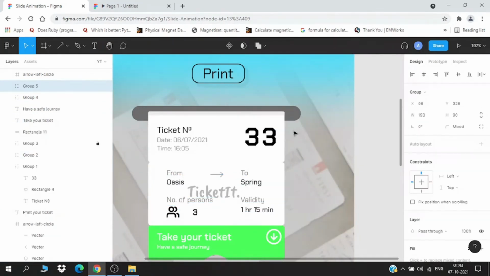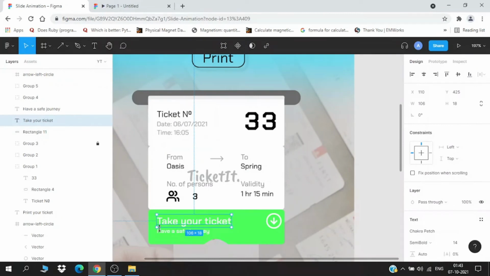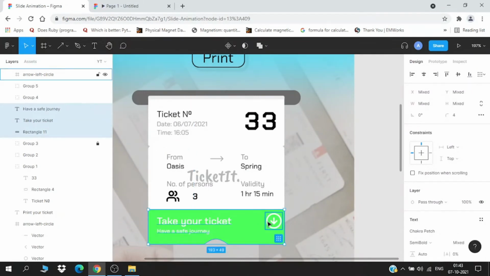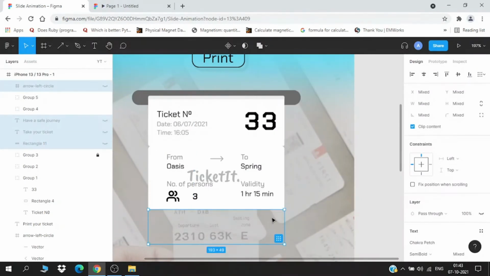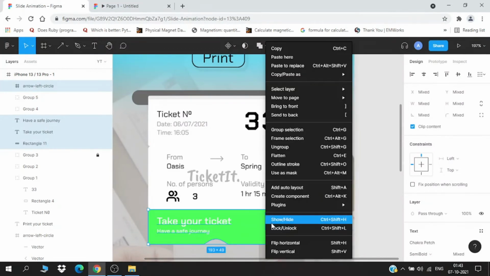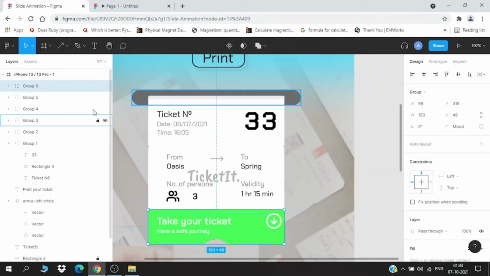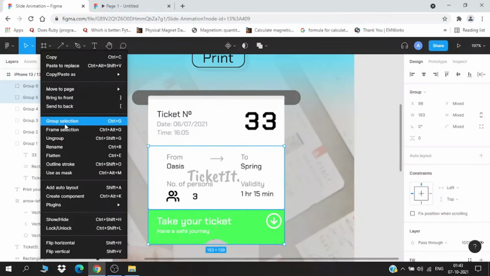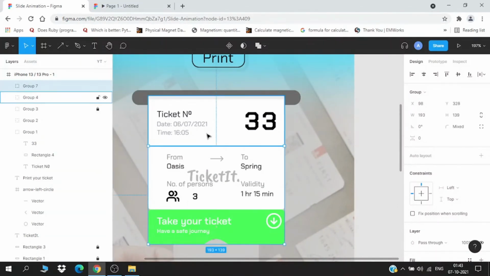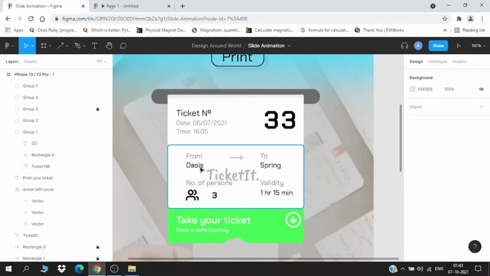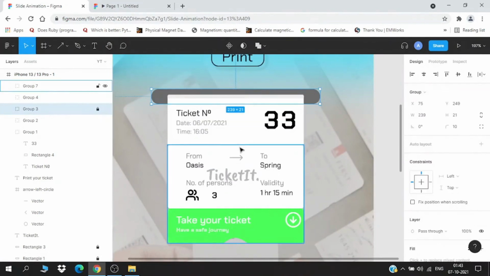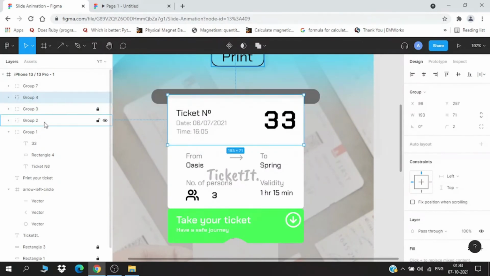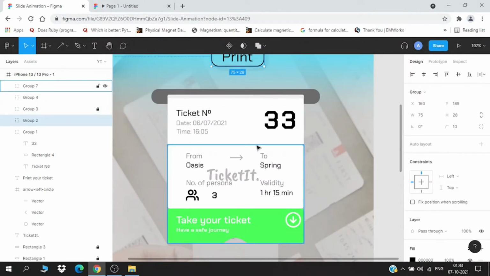Group, and the last one. Oops. Group. Now I'll take these two groups and make a separate group. So now they're aligned, and remember we have to give appropriate shadows to the groups